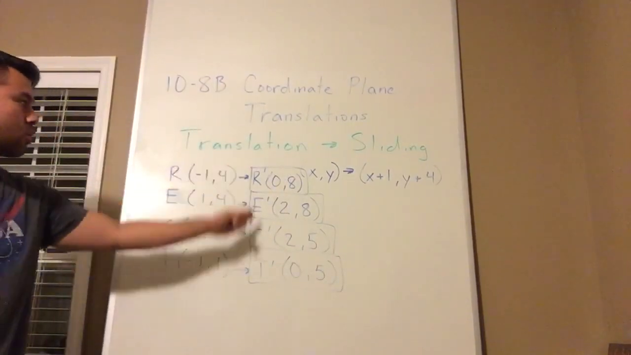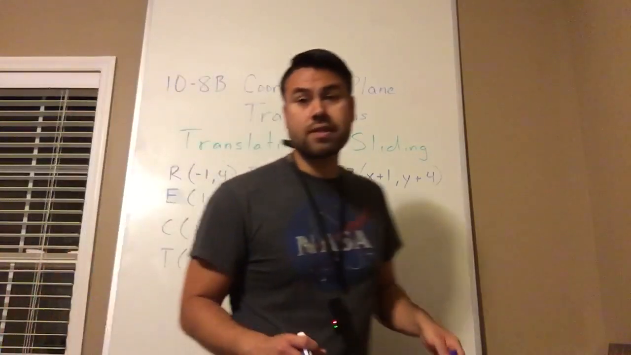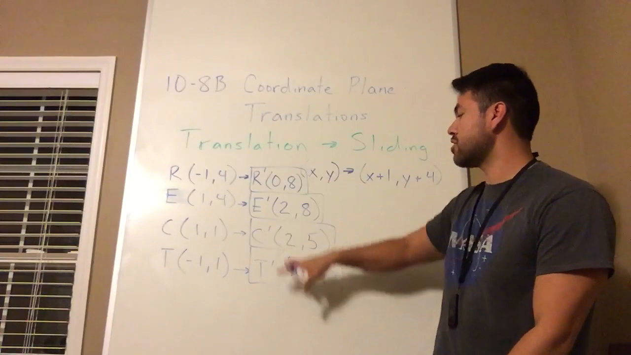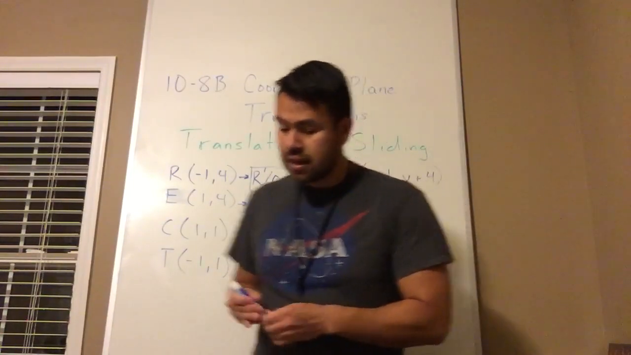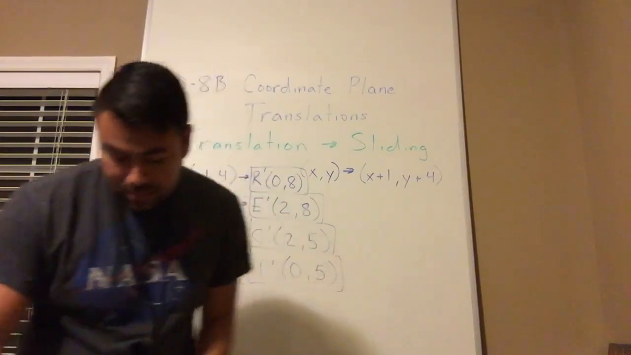I could put those on a coordinate plane. And then I get my new vertices. And I can graph the original and the translation. So that's what you're doing on this lesson. I hope it's not too complicated. Your homework is going to be,